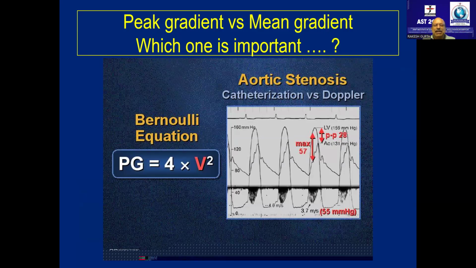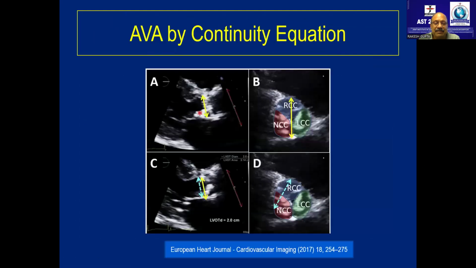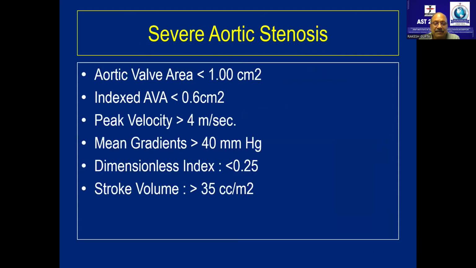In AS with AR, whatever blood is flowing back to the LV has to come back through the LVOT and aortic valve. But in aortic stenosis with mitral regurgitation, a lot of blood will go out. So we are not talking of multivalvular lesions at this present moment. That's a different ball game altogether. Okay, sir.